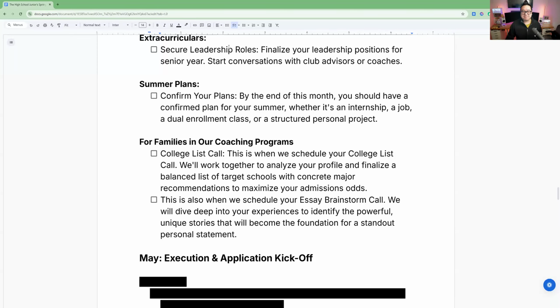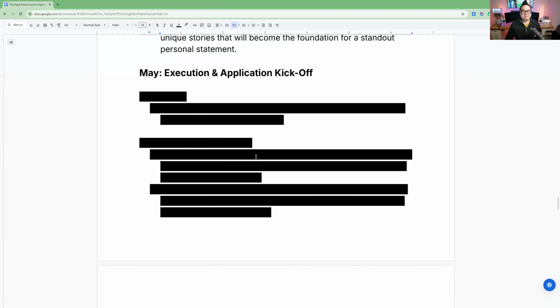We start in the month of April and May, so we start our process a little earlier. You'll notice in a little bit, we like to start early so that our students can finish early. That's the key.